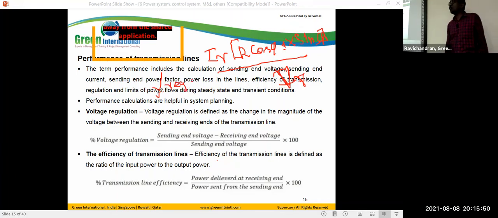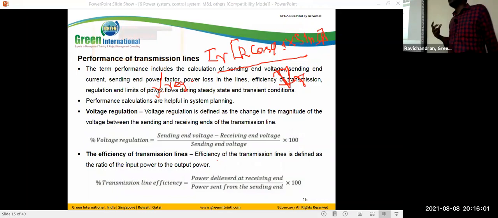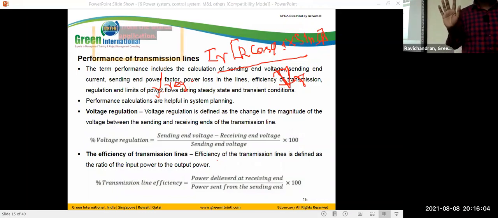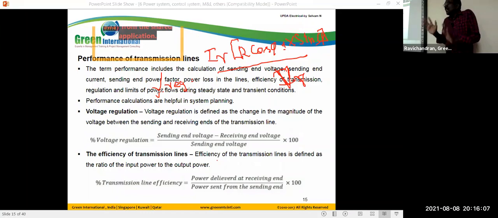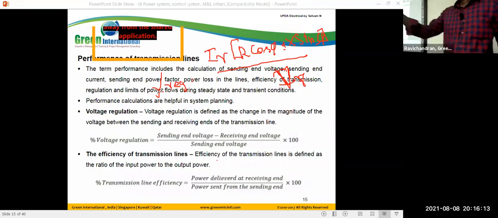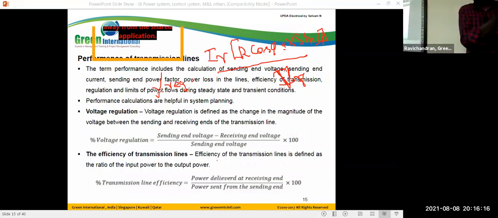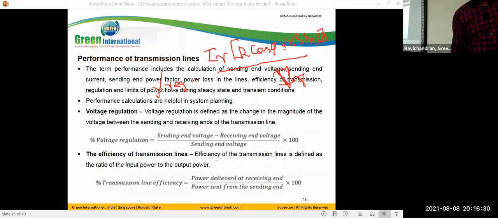So for performance, we already discussed the transformer. We have two performance measures: one is efficiency, another is regulation. To find the efficiency, we need to find the losses. To find the regulation, we need to find the drop. It is a simple RL circuit, so we need to find the voltage drop in the resistance and inductance. We have a drop in the phase. Here we don't have any problem from transmission efficiency and regulation, so there is no need to worry. But the formula may be asked in the exam, so just remember the formula from the transformer topic.